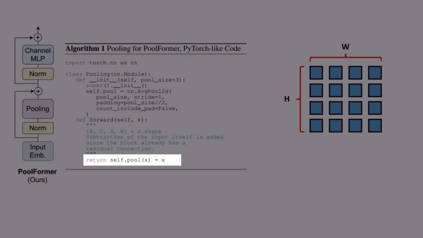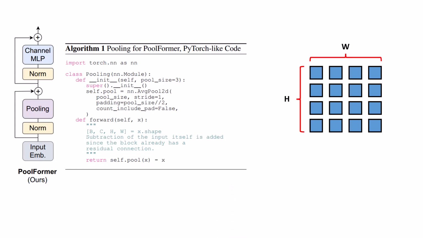But they didn't provide any actual reason in the paper, to be honest. And I really don't understand. Maybe they did a couple of experiments and they realized that by doing the subtraction, we can get a better performance. Who knows? But yeah, that's what they proposed.